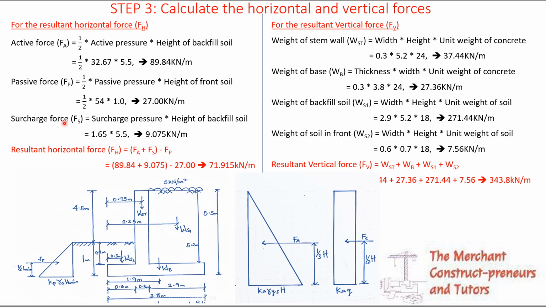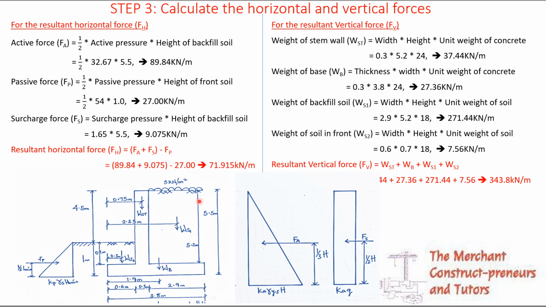Then the surcharge force, this is the rectangle, so area of a rectangle is what? Base times height. So the resultant horizontal force is active force plus surcharge force minus passive, right? They are not going in the same direction, they are acting in different directions on the retaining wall. Now for the resultant vertical force, we have the weight of the stem, we have the weight of the base,